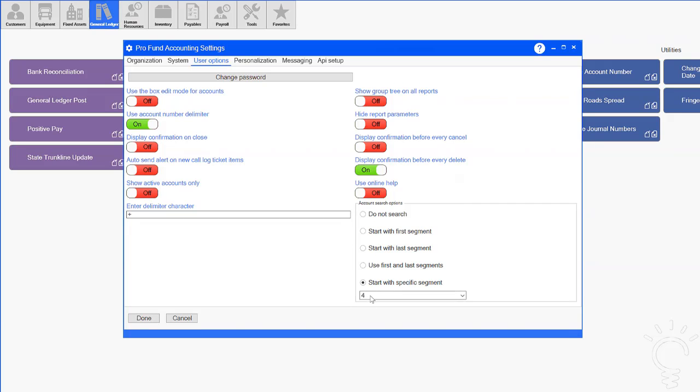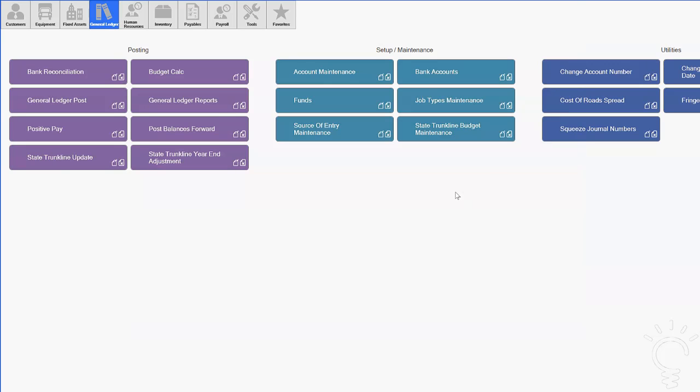It makes it the easiest way to find an account number in your chart of accounts, and reduces the amount of keying. These options are here, and you can play around with them, change them, and use them. I just wanted to make sure you're aware that this is where you would change them. All right. So another thing in General Ledger Post